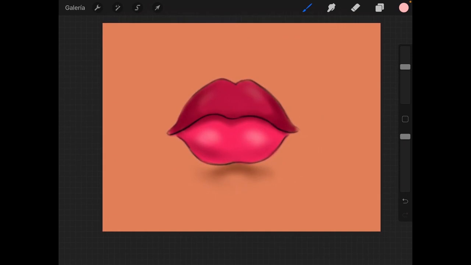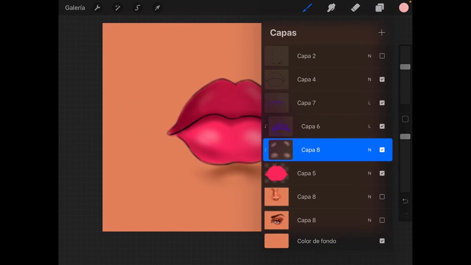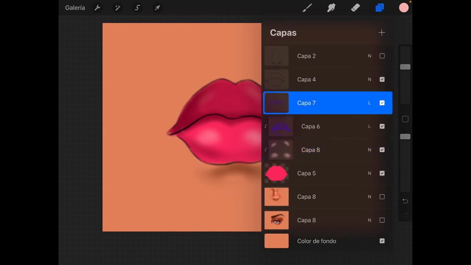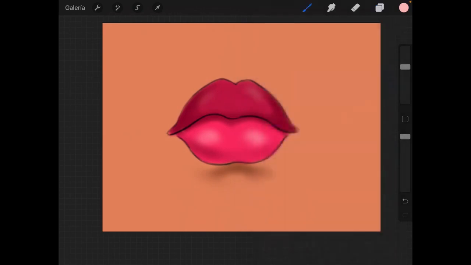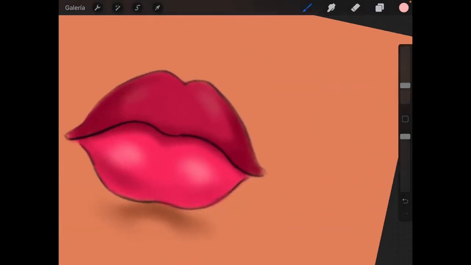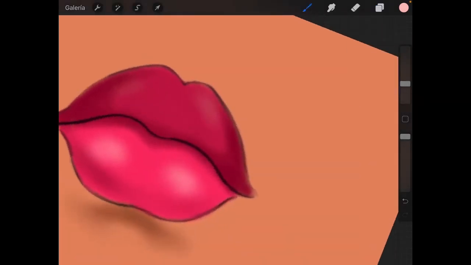Okay. Now I want another layer, normal layer, and I'm going to apply